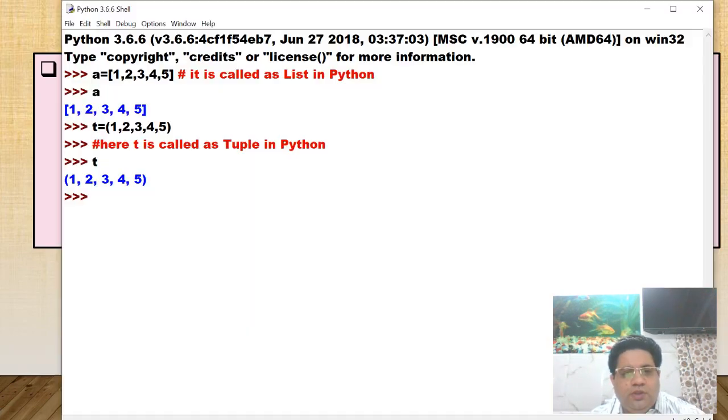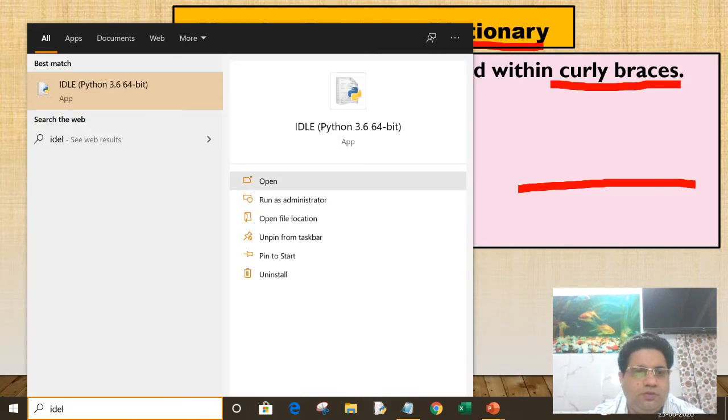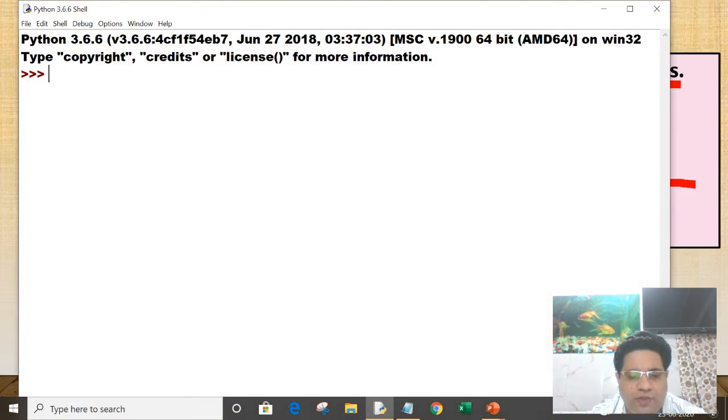See, in Python, if I write d equal to, and within curly brackets I write 1 colon A, then comma 2 colon B, then again comma 3 colon C within curly brackets. Now here one value is written before the colon and one value is written after the colon.